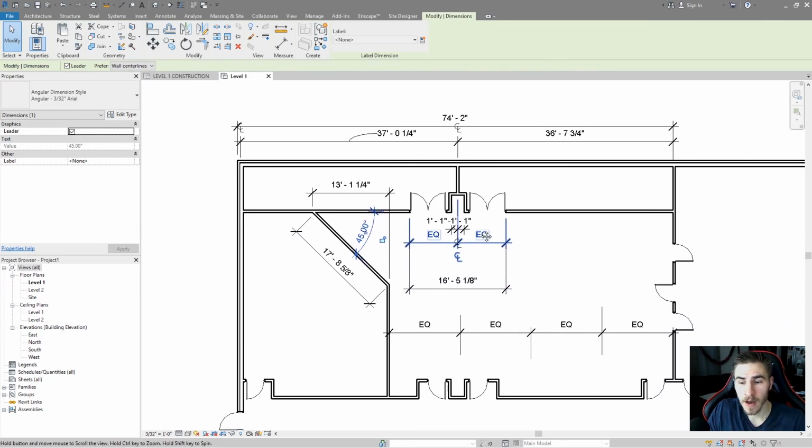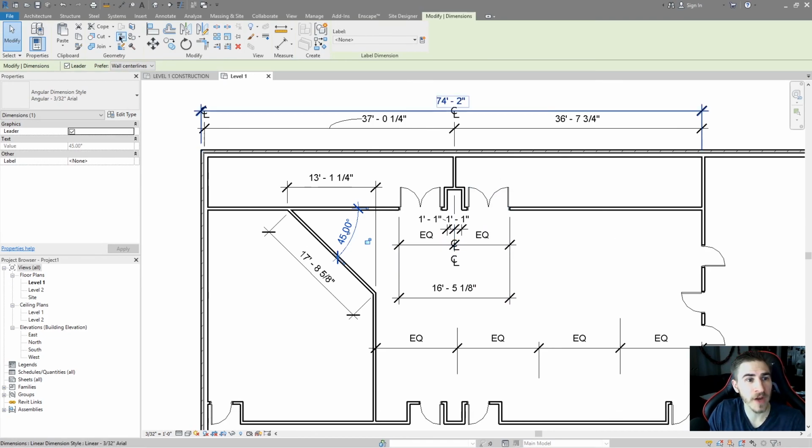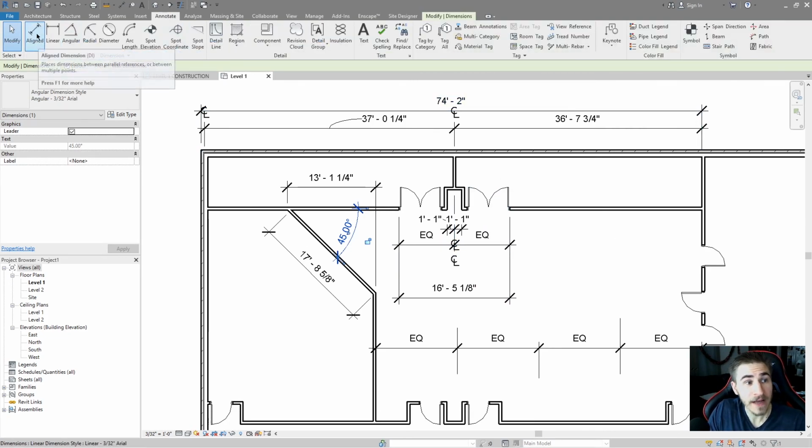That will be part 1 of dimensions, where we've covered the aligned, linear, and angled dimension. We've covered all the type properties for all three because they're essentially the same. It was quite long, I do apologize, but I hope you have a better understanding of all the different possibilities and combinations that you can use dimensions for, and how they can function to appropriately dimension what you need to